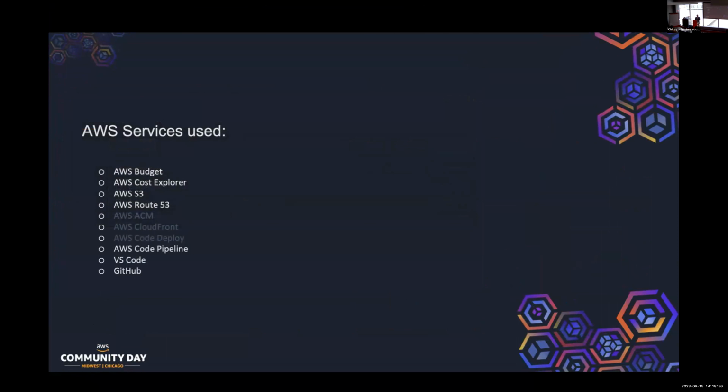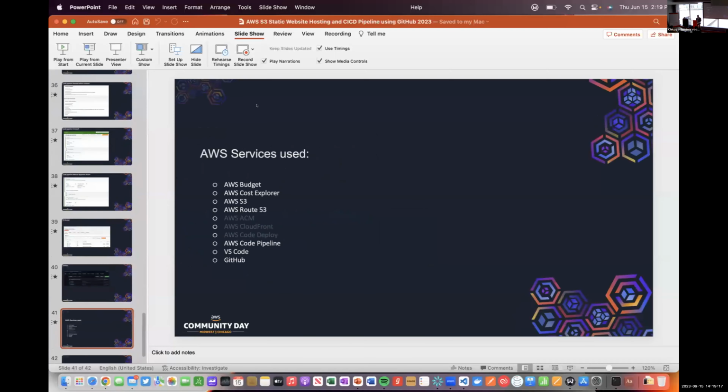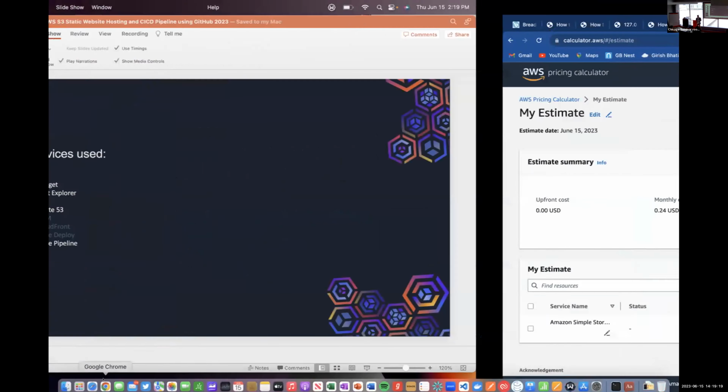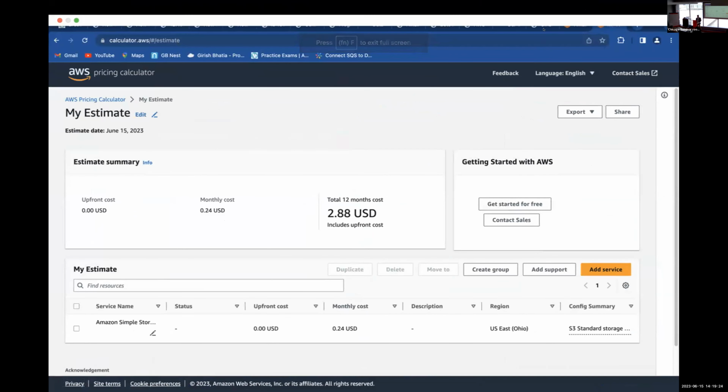AWS services, AWS budget, cost explorer, S3, Route 53, CodePipeline, VS Code, GitHub. Many different tech stacks coming together and working as a cohesive piece here. Now, this was a very simple example. Of course, in real life, you're not going to have that simple example, but again,